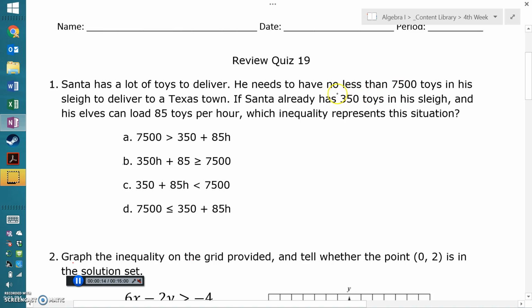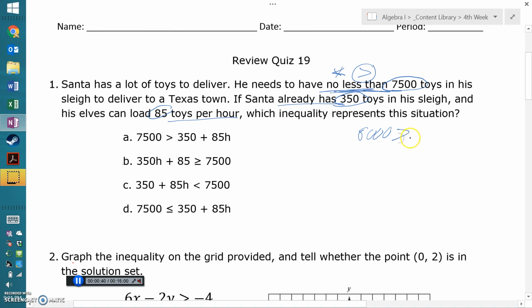So here with number 1, I'm just going to highlight the basic information. 7,500 toys, 350 already in the sleigh, and 85 per hour. Now the only other thing that we would need to know here is the inequality phrase, no less than. So what that means for us is we don't want the less than inequality. We want greater than. So like, for example,